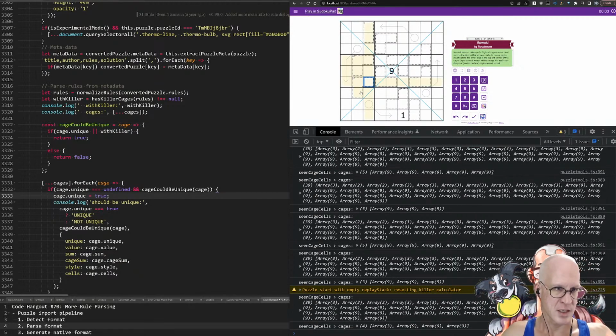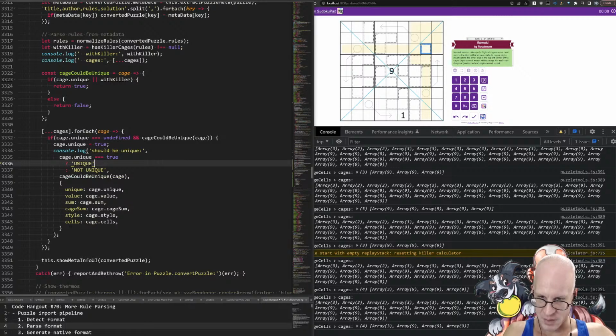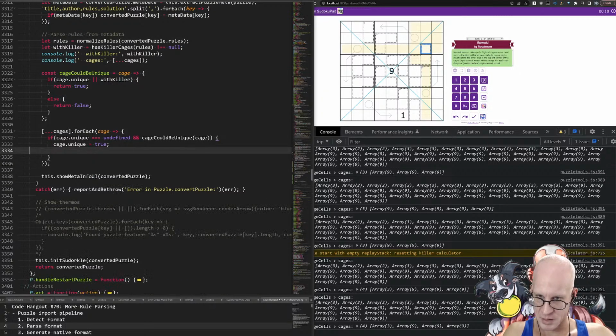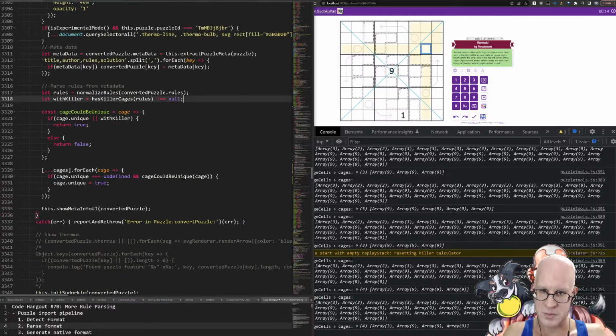And now it sees that cell. And now this sees these 2 cells. Okay, so now let's clean that up. I think for now, this is something I can test and see how that goes. So could be unique is actually